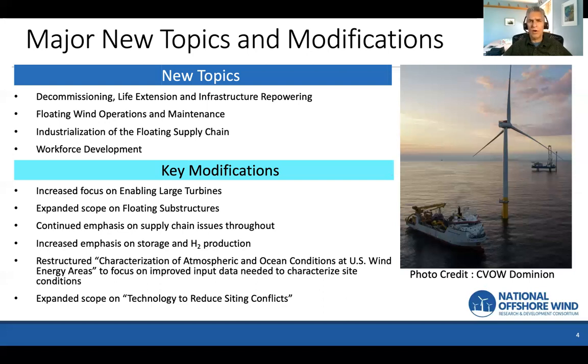Almost all projects now are going to depend on the 12 to 15 megawatt class designs that are out there right now, but most of those turbines have not even been tested in the water yet, and that means that there's going to be an increased emphasis on making sure that they work, and that's going to be prevalent throughout this, along with, as I said, the emphasis on floating substructures and how those designs